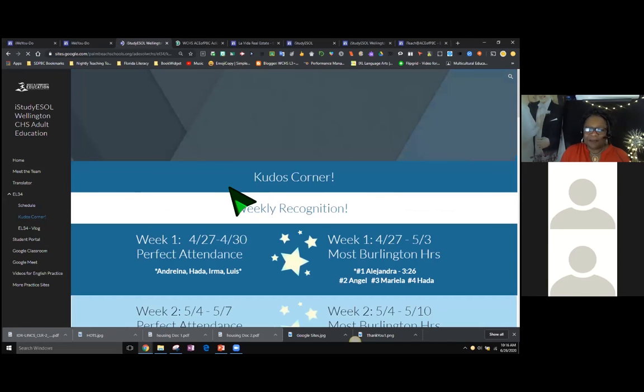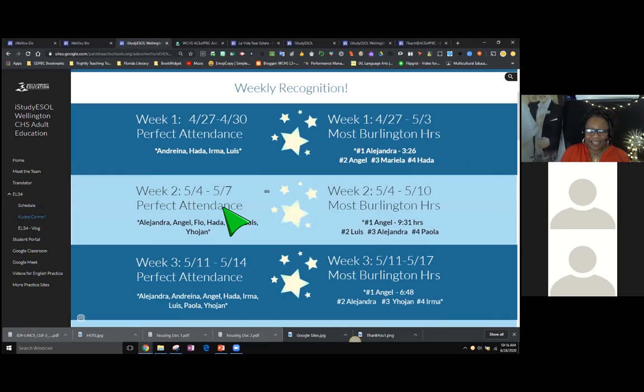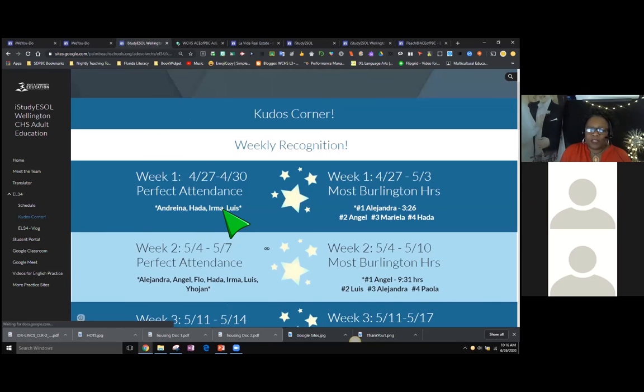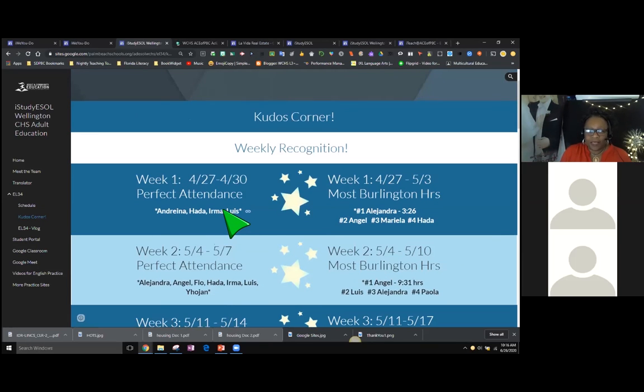On this tab is a kudos corner. And it's so important, again, especially on this virtual platform, to really see the learners and recognize the learners, especially if we want to impact the retention. Because when we see them and acknowledge their effort, they put out more effort to try to be there.